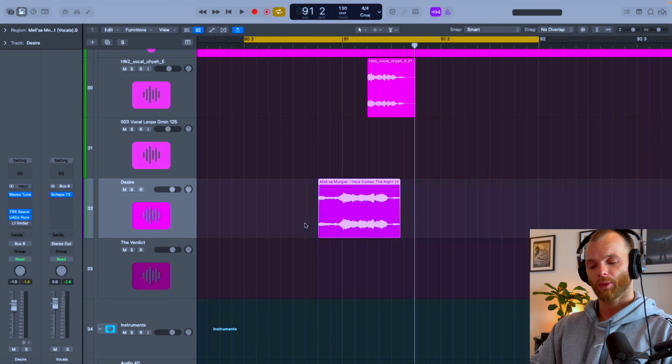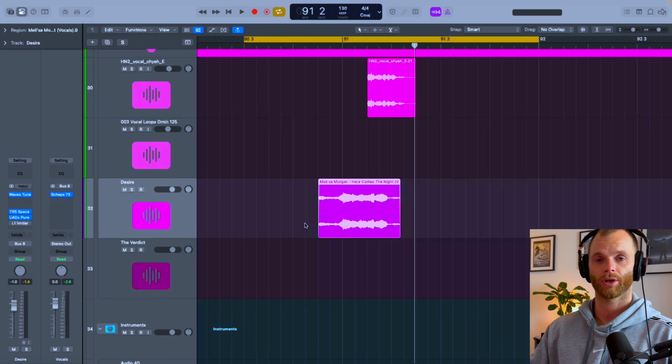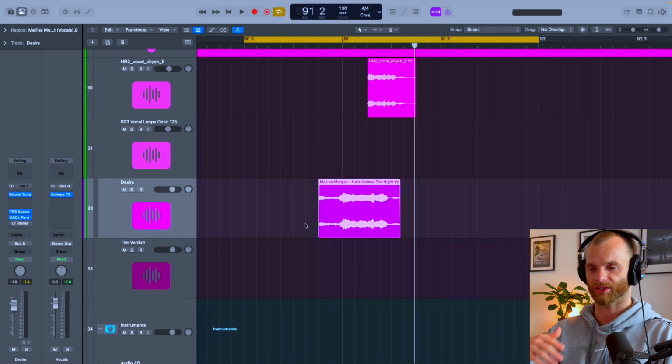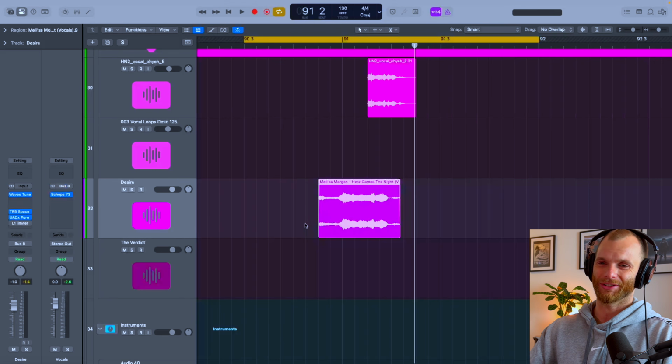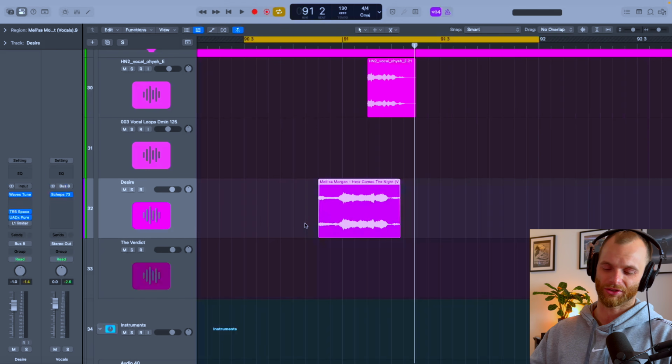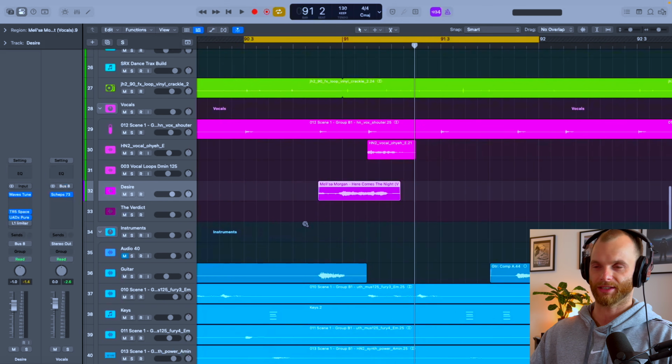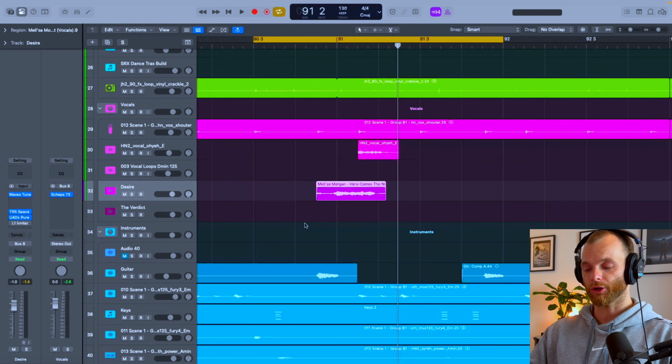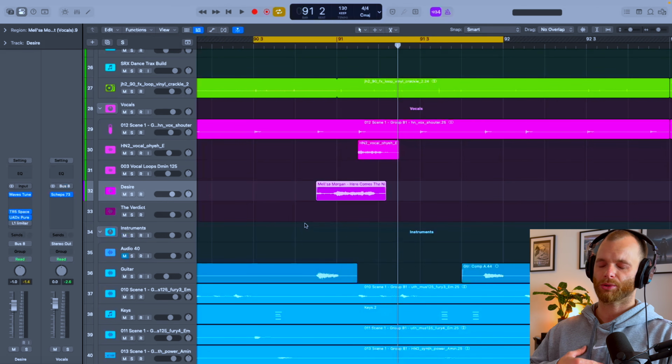Volume balancing always goes before compression, unless, obviously, everything that I'm saying is just fugazi. I mean, everything that I say you can pick up and put in the trash and do exactly the opposite and still get out with a pretty decent mix. It's all creative stuff over here, but I'm just giving you some guidelines on how to learn to use this. But really try to prioritize volume balancing over compression,